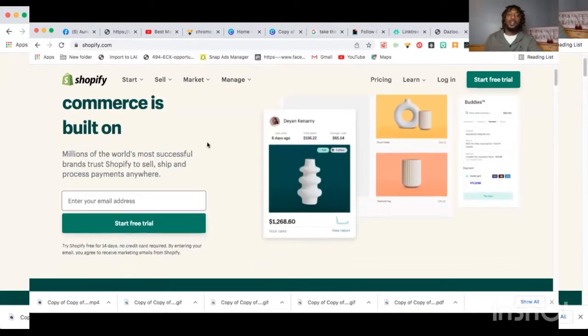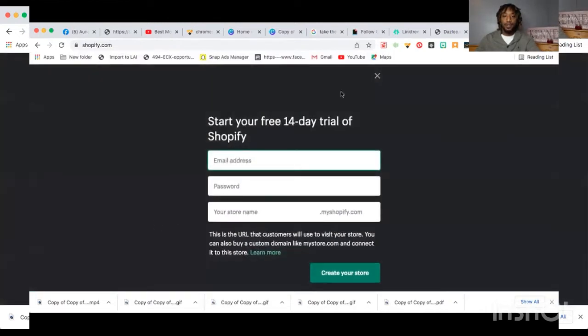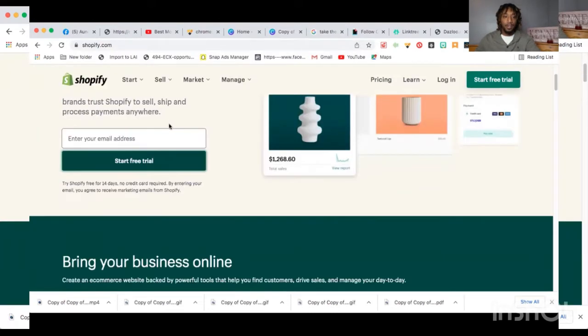Now you can actually start a 14-day free trial with Shopify, which is very key whenever it comes to creating a website. You can actually generate sales before you even pay a monthly premium in order to withhold your website position, right? So that's going to be a great point whenever it comes to creating a website. They offer a free trial up to 14 days. Now, after the 14 days, you will be charged. So that's how you're going to be able to start your free trial.